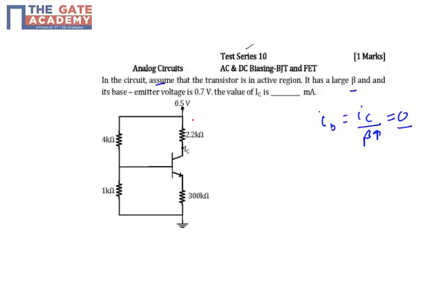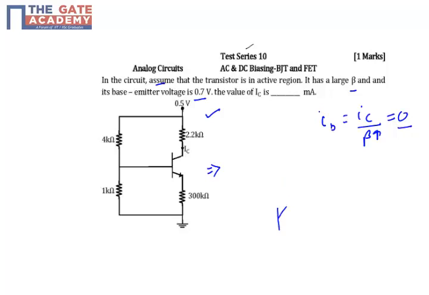Transistor is in active region, so base to emitter voltage is 0.7. It is given. Then we need to calculate the collector current IC. Friends, you need to see that it's a voltage divider circuit. In the DC analysis of the voltage divider circuit, the first thing we do is draw the Thevenin equivalent circuit,